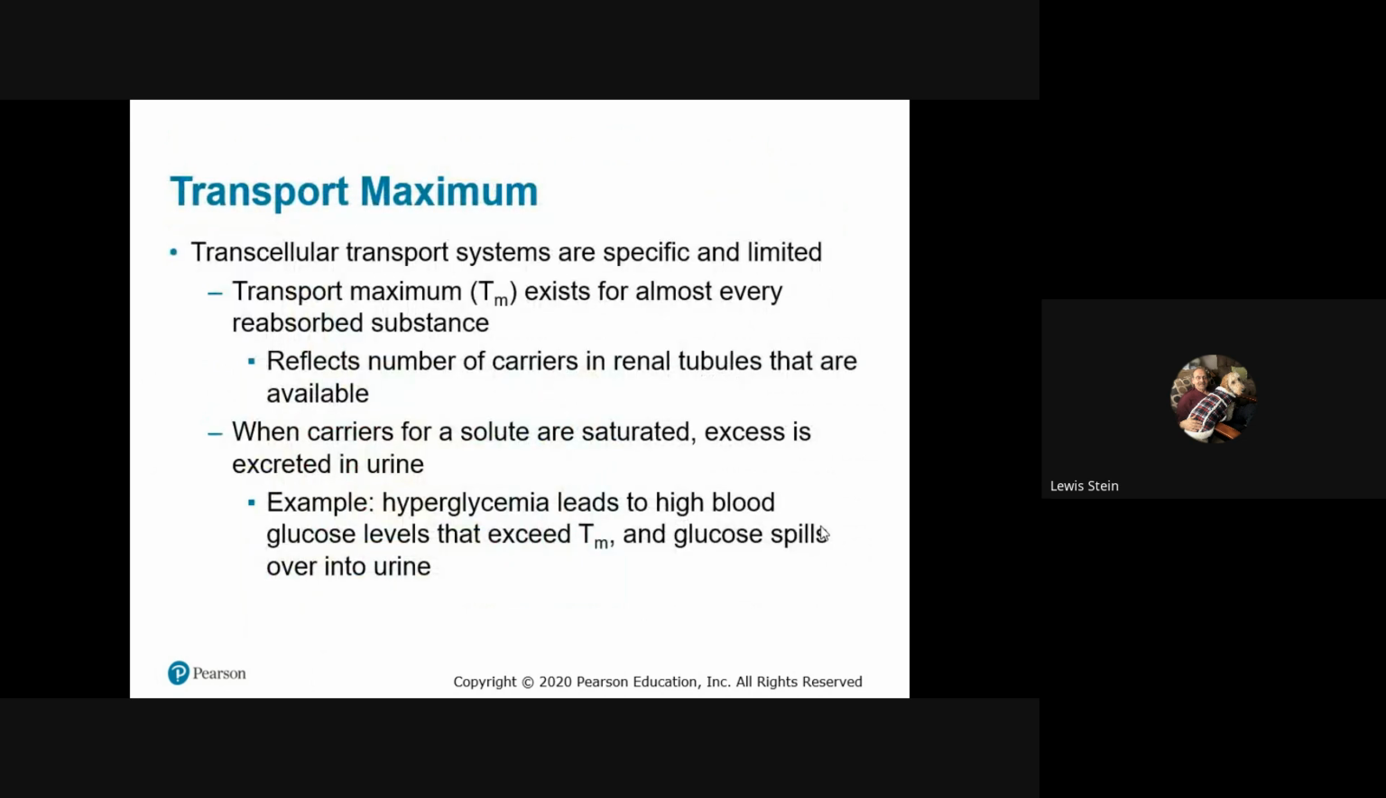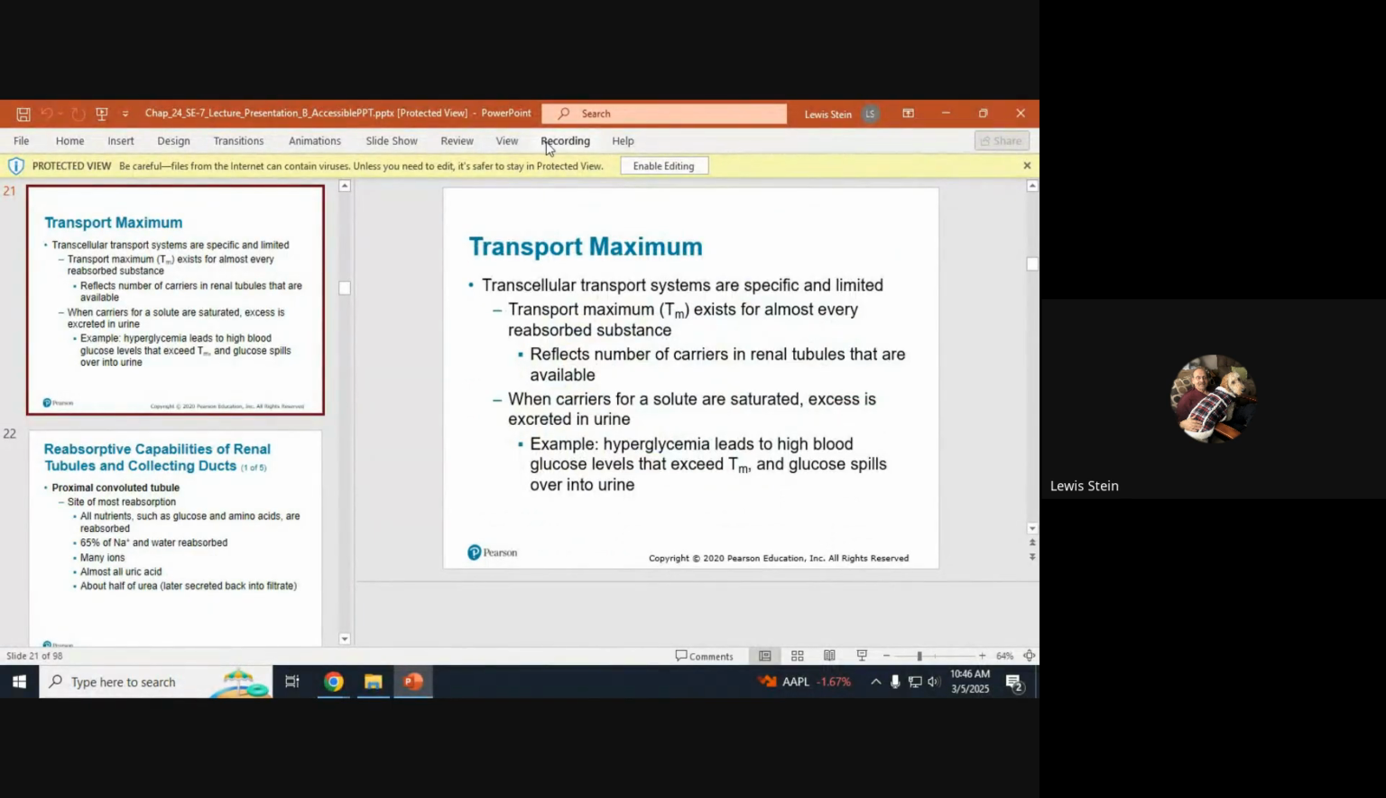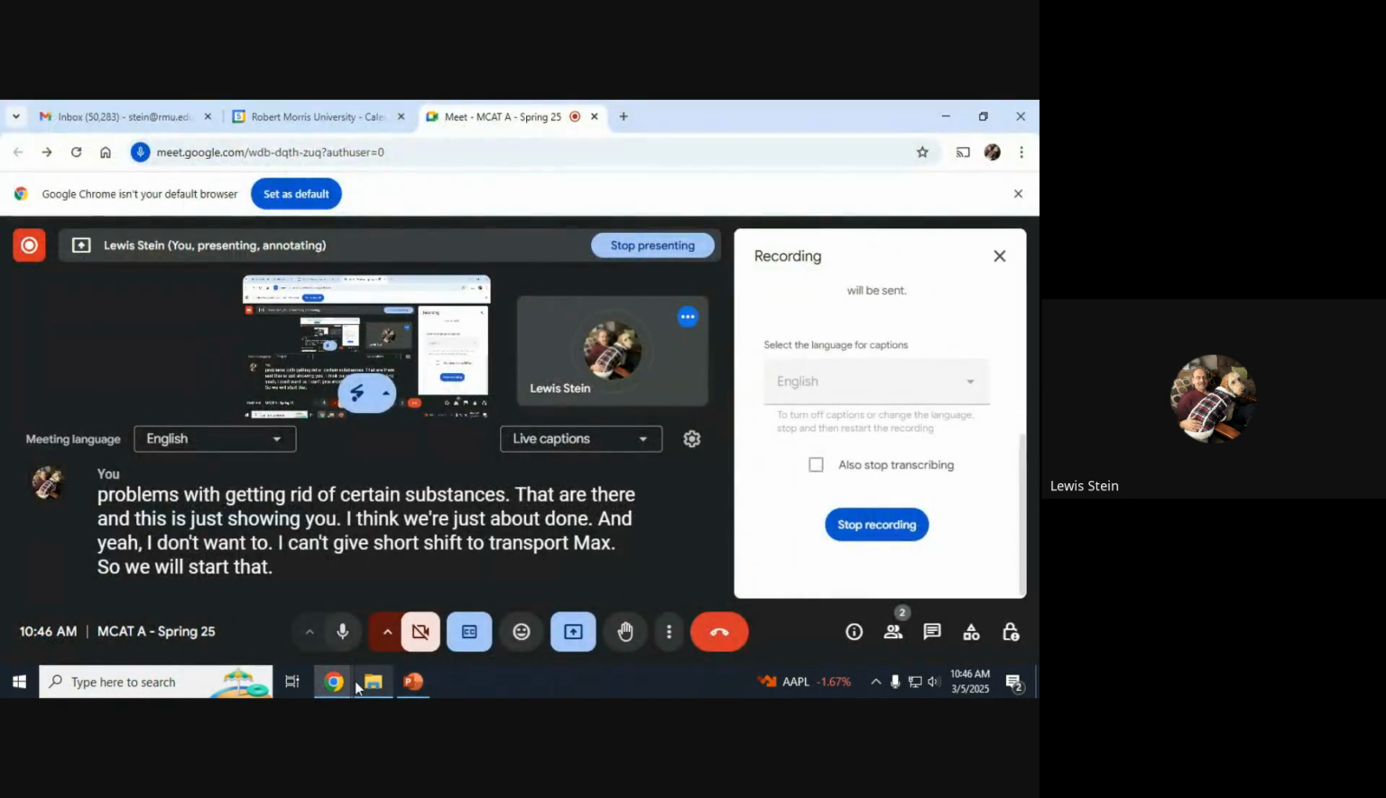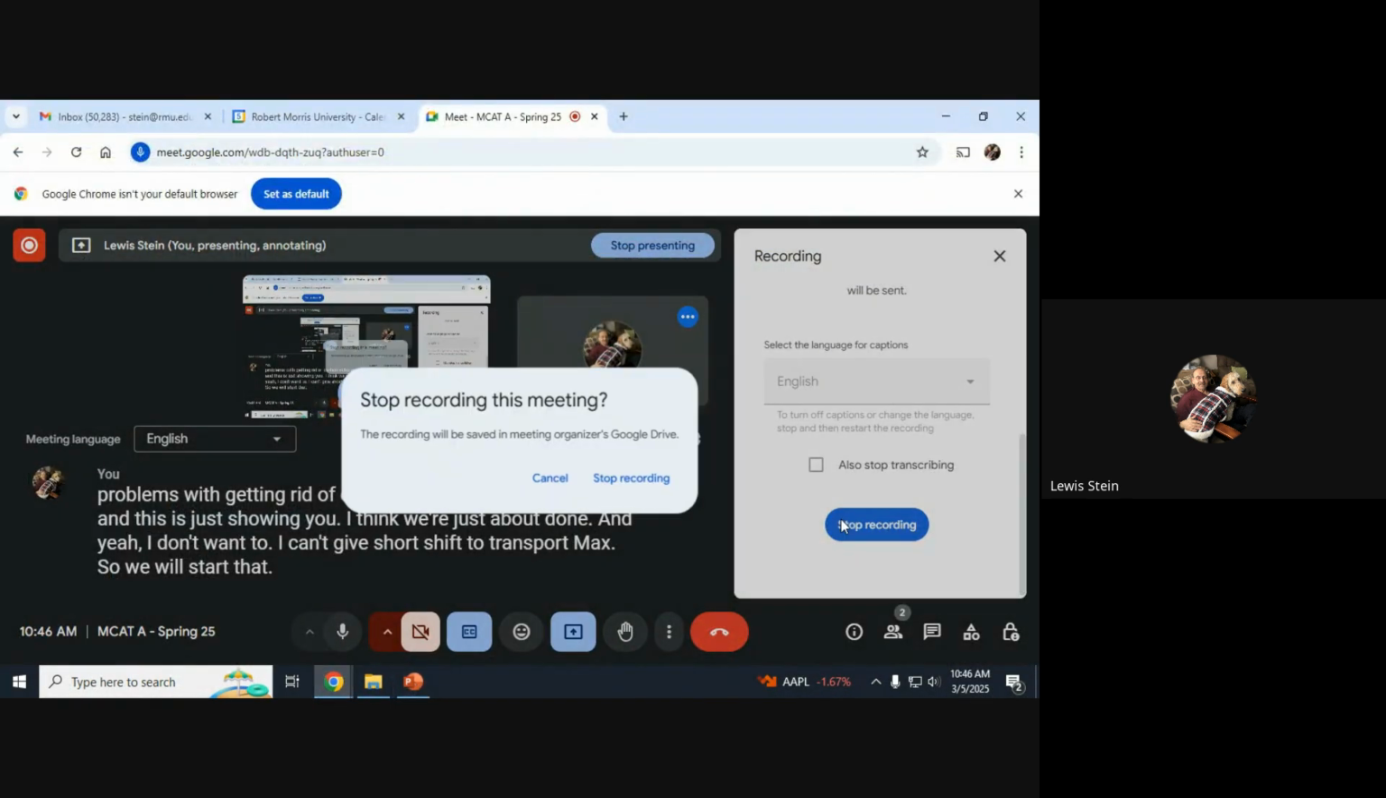I can't give short shrift to transport maximums, so we will start that Friday and